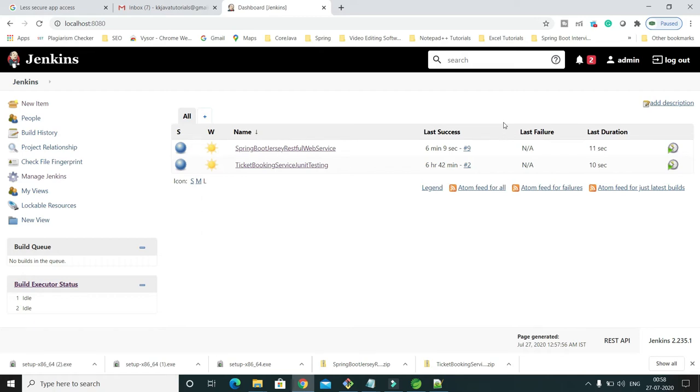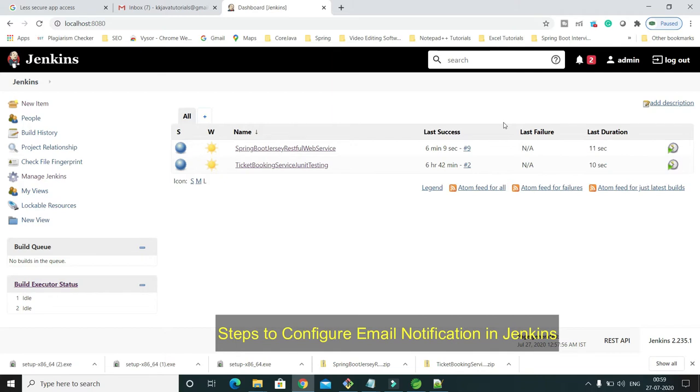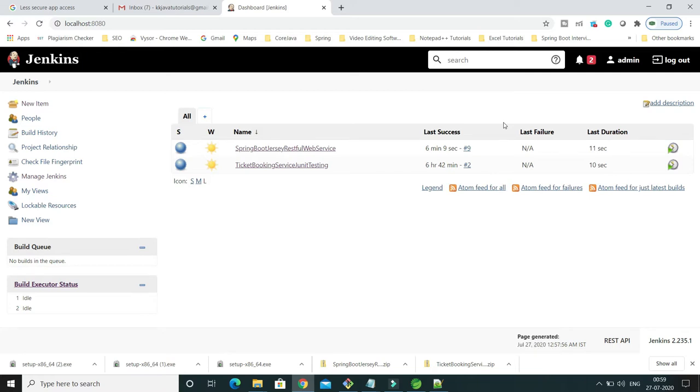In this video tutorial, we will learn how to set up email notification in Jenkins. Let's say you are building an application within Jenkins, and while building it, some error occurred, and due to that your build failed. In that kind of situation, you would like to send an email notification to all the registered recipients, that may be a developer, team lead, or your manager. So how can we set up that kind of notification in Jenkins?